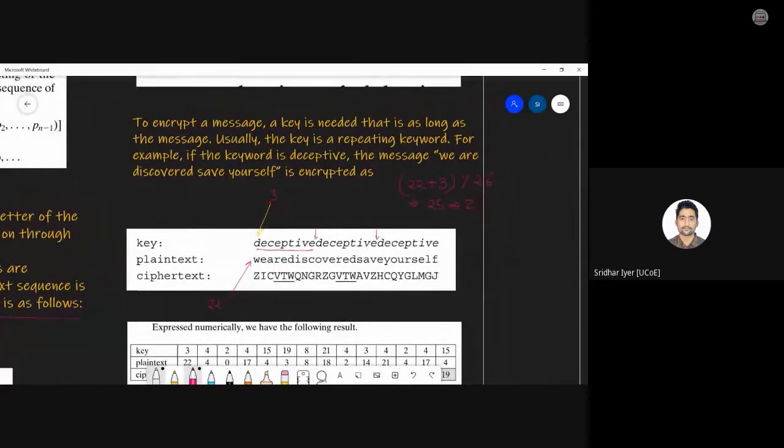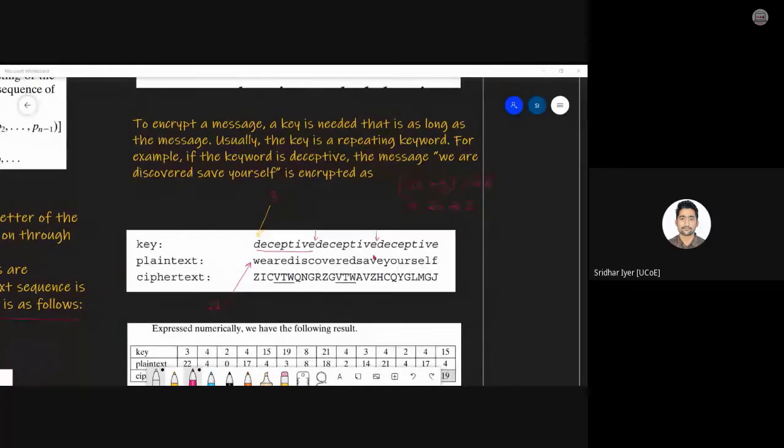Now can anyone tell me what is this 3? You will get the answer to what I had just now asked before starting this example. What is the significance of this 3? The key. Basically, what is the key? How is it going to be used? Can anyone let me know? What is the significance of this shift over here?